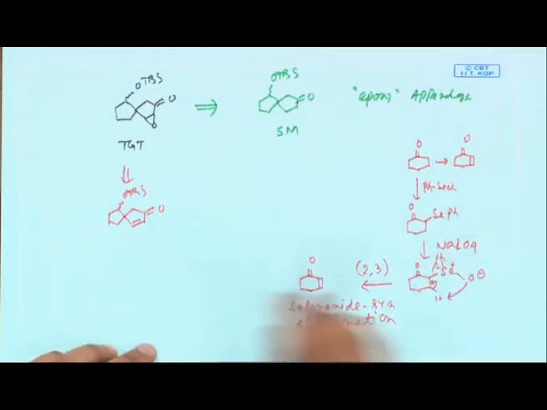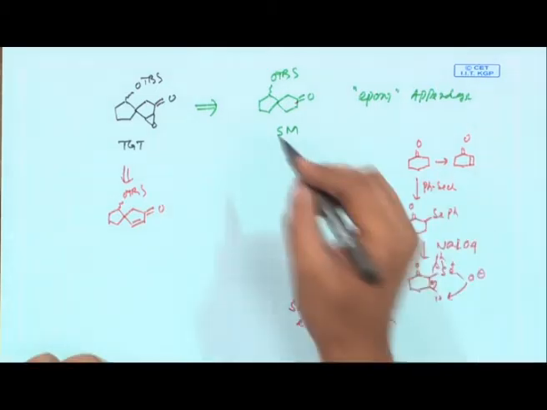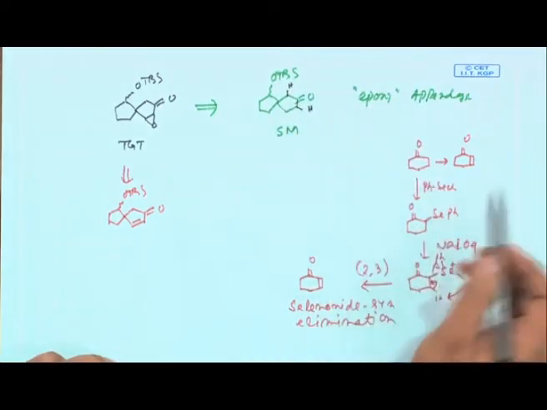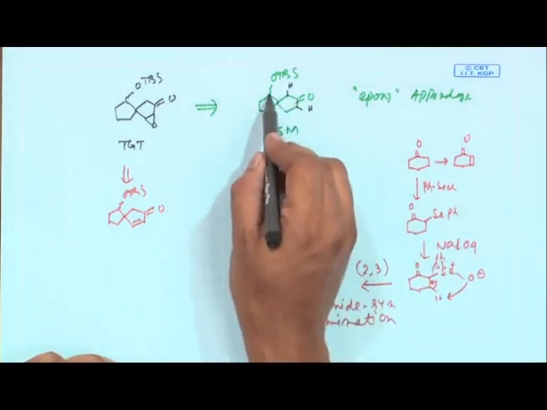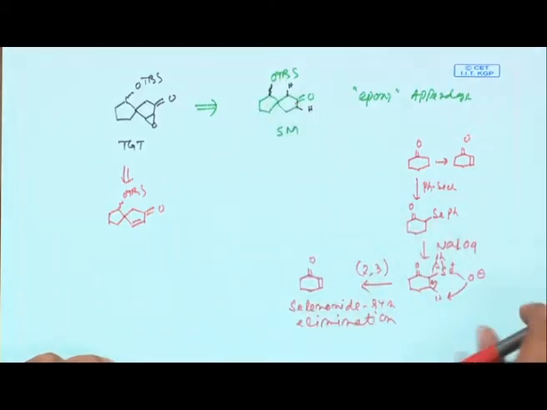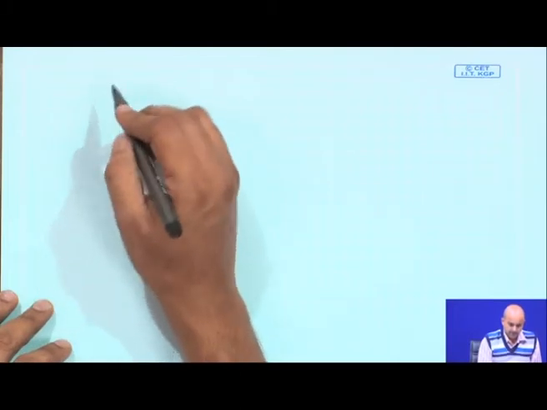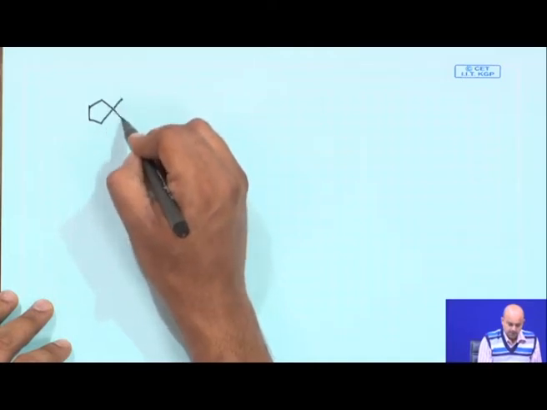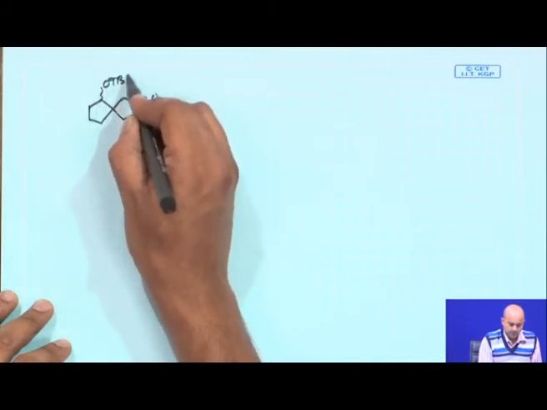Now, here you need to do a similar kind of chemistry, but here you basically have two alpha positions where in principle the selenium can attack. Out of these two hydrogens, you will find that this one is relatively difficult because it is close to the OTBS. So, now we will do the forward synthesis by analyzing the steric bulk of this OTBS group, which was present in the starting material. The starting material is this.